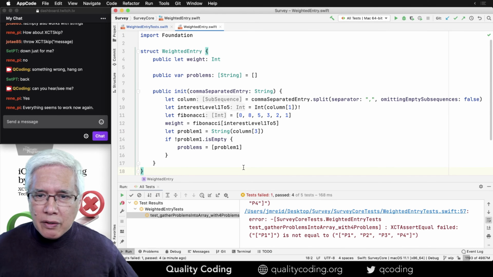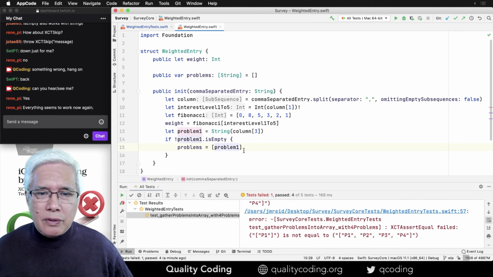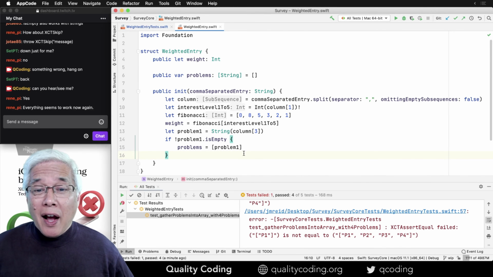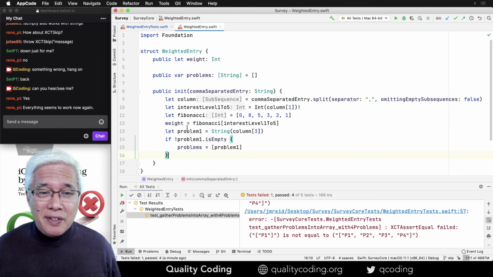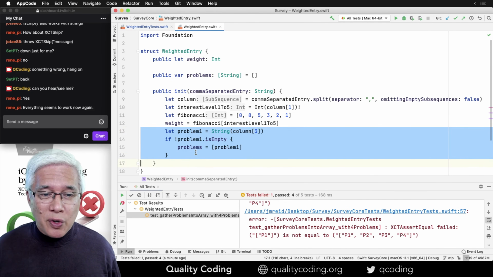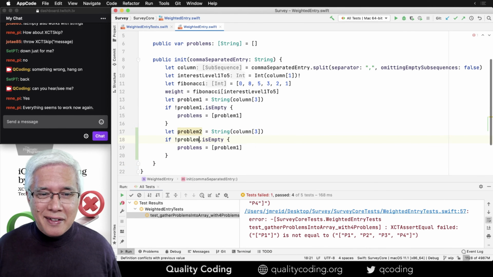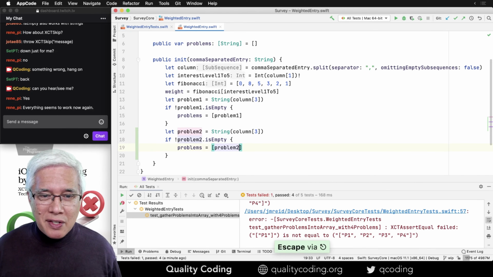So now we have probably several problems that we want to coalesce. Okay, I'm going to do it brute force. Brute force. This is going to be bad. But it will help us see things.